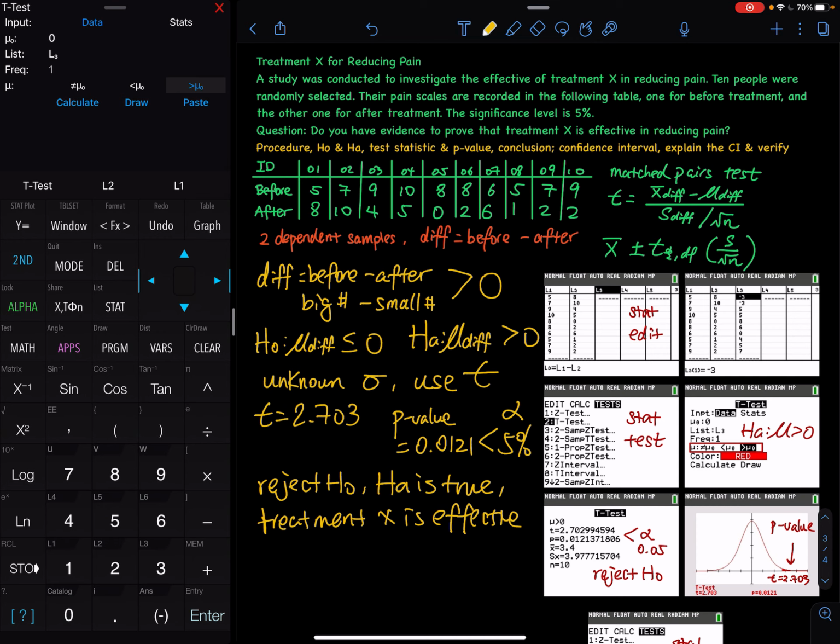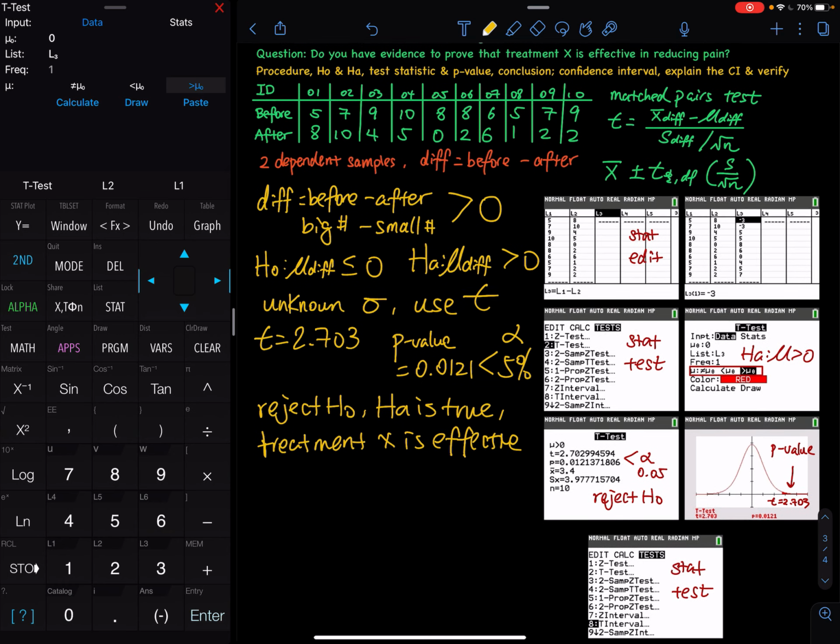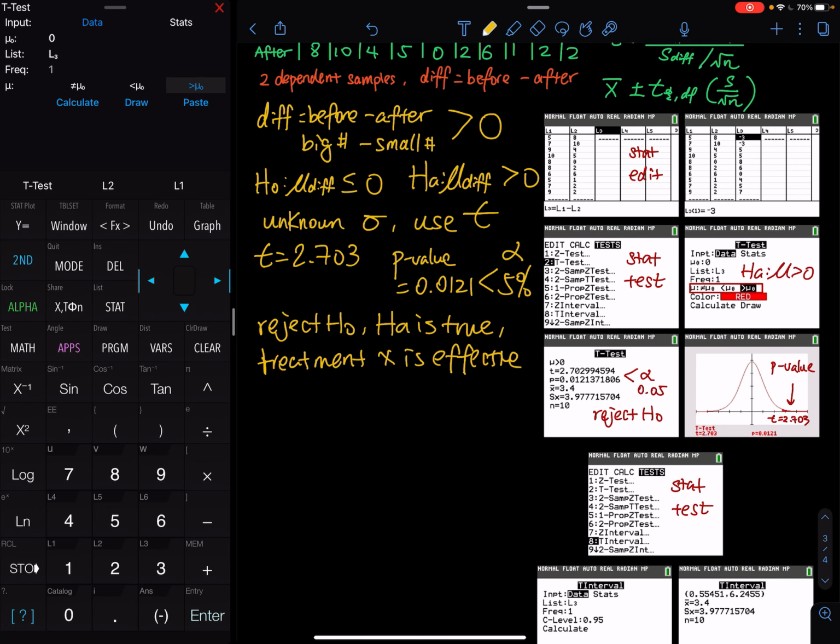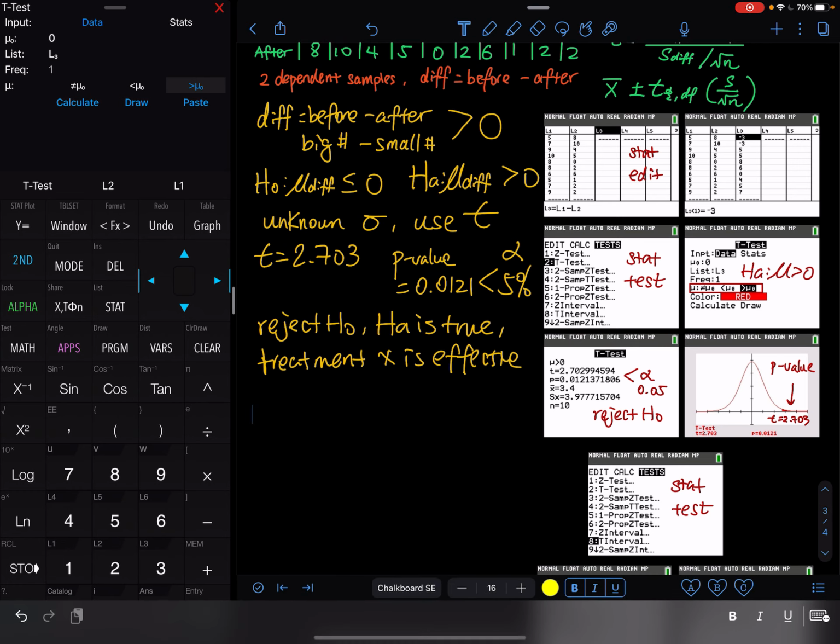HA is true. And then in some questions, they might ask you this: what does the p-value mean in this problem? Allow me to type that. So what does the p-value mean in this problem? What does that mean? So the p-value means, if h naught is true, this is what you have to say,